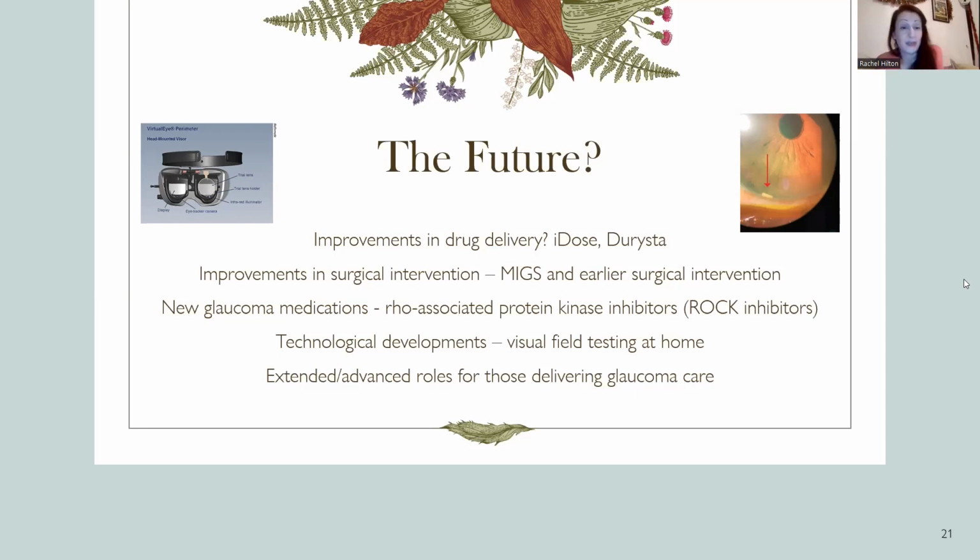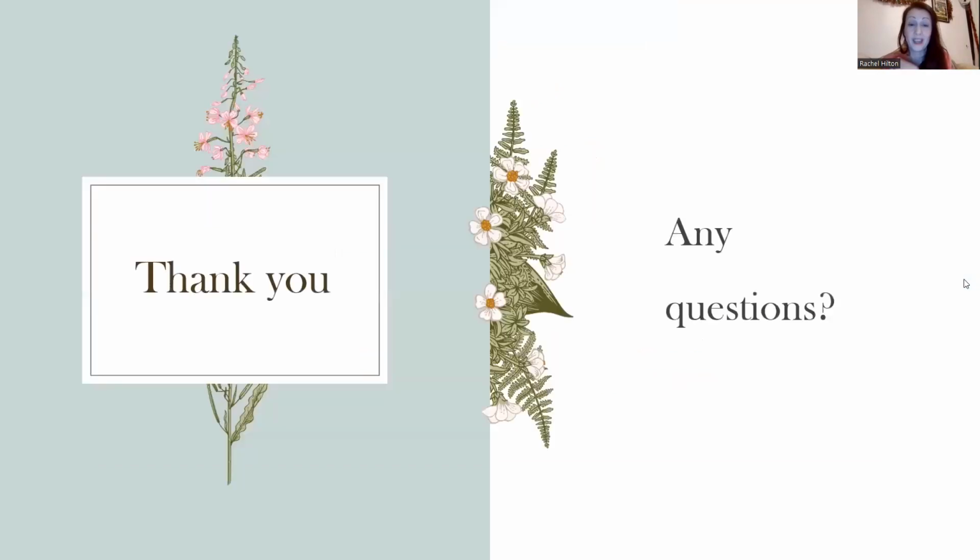One thing I really wanted to mention is this idea of advanced roles, because I know often it does make people a bit twitchy if they're not seeing the consultant. But there's a lot going on in terms of optometrist, nurse and orthoptist involvement in glaucoma care, and training those allied health professionals to deliver a really good high level of care. Anybody who is seeing you, for example post-operatively or doing a laser treatment, will have been trained specifically to do that task. I think you're going to see more of that, and maybe more community optometrist involvement, just because services are growing and growing.